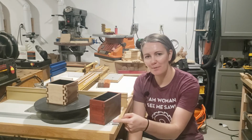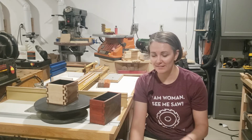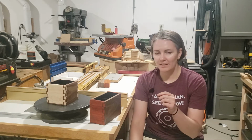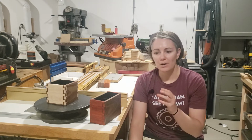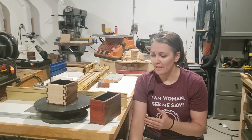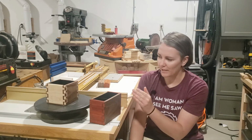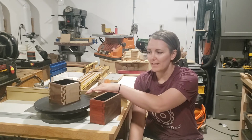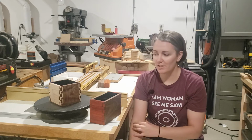Today I want to give you a little tutorial on how to make these double box joints. And this is probably my favorite joint, at least that I've done so far, because it is so vibrant and brilliant compared to a normal box joint or a lot of other joints for that matter. And there's a specific reason why every bit of this joint is very vibrant, and that's because there is no end grain showing, okay? You have to router these in a very specific direction in order to make